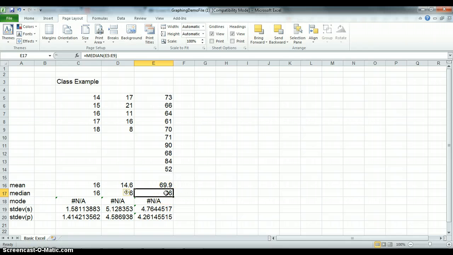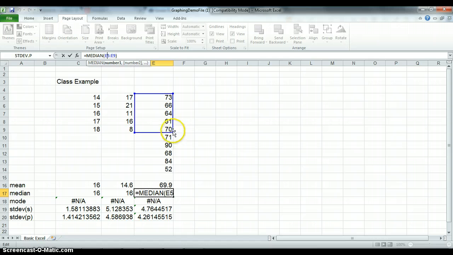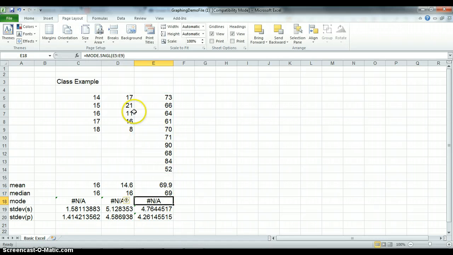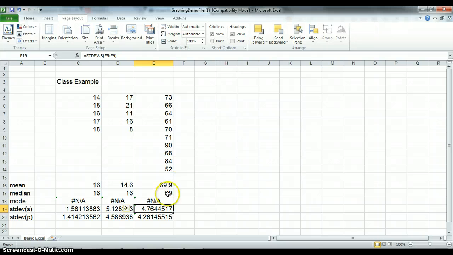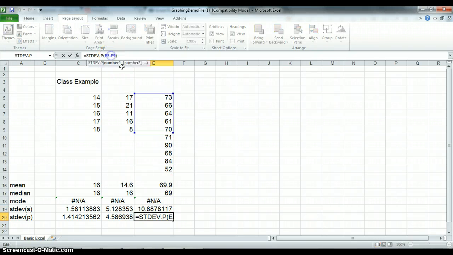To fix the median, you can see that it's only selecting the cells E5 through E9. I want to go all the way down to 14, so I'm going to grab a corner and drag it down, click Enter. For mode, I'm going to do the same thing. I'm going to click here, grab the box, drag it down, click Enter. For standard deviation sample, click up here, grab a corner, drag it down, click Enter, and last one,